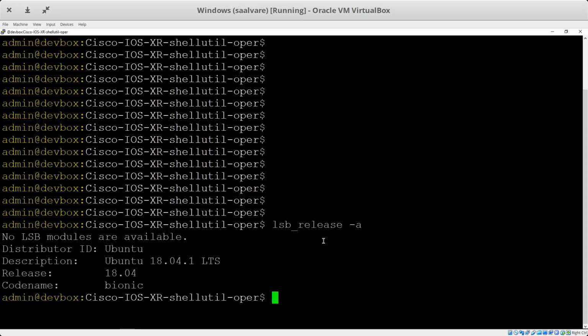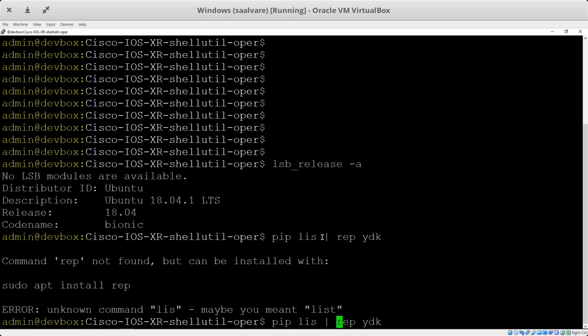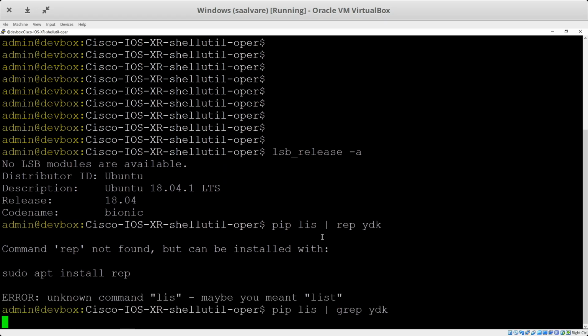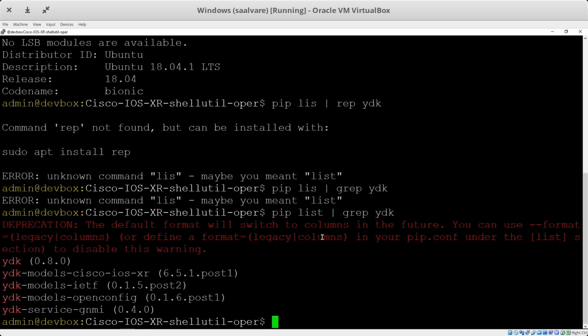It's an Ubuntu box on which I have pre-installed the SDK. So we have here all the installation, the Python packages that have been installed, and I wrote a very simple script